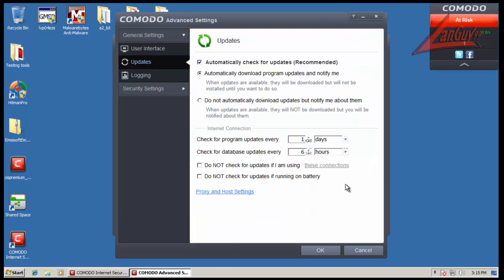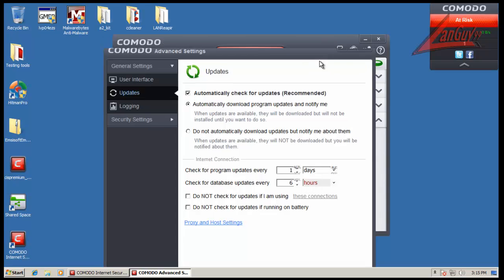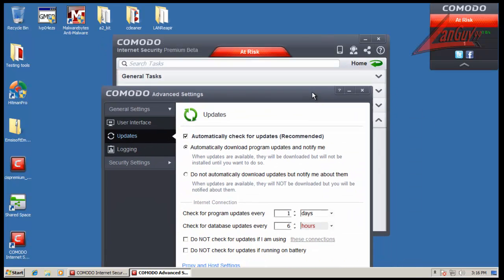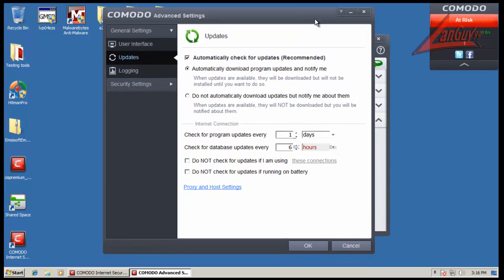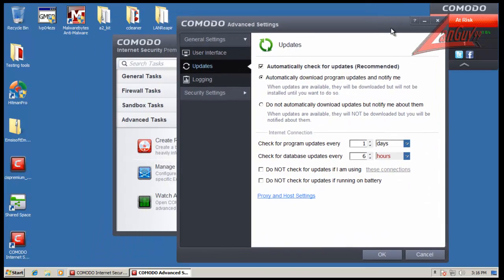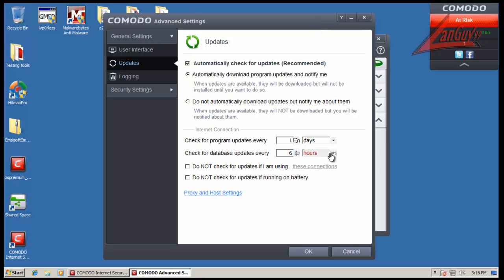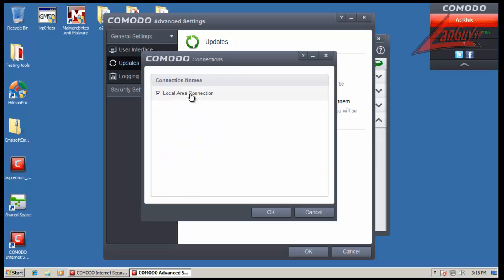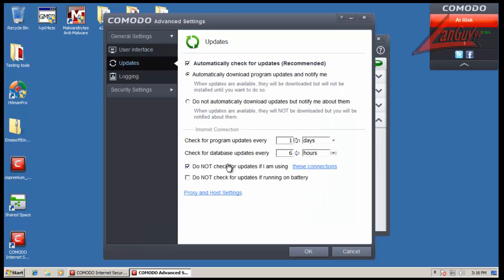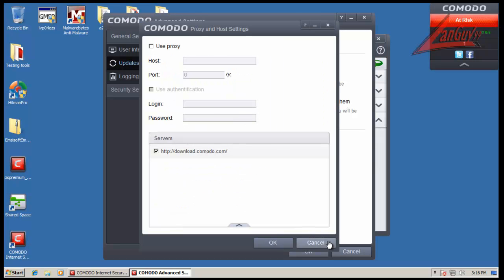Yeah, there's a weird thing. You see that, there's a weird transparency thing going on. You can see behind the arrows. I actually have to click straight on the arrow to get it to work. That's a little issue. Do not check for updates if you're doing whatever, you know, and do not check for updates if you're running on battery. Proxy and host settings,